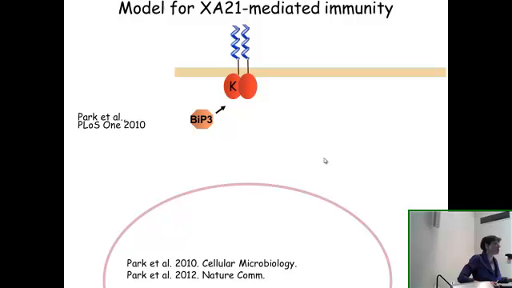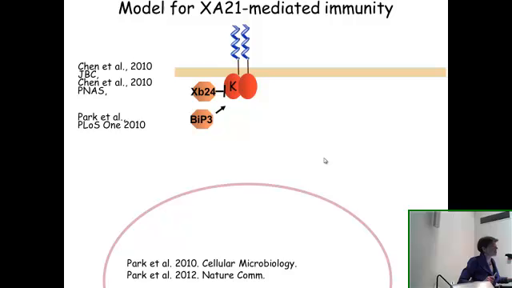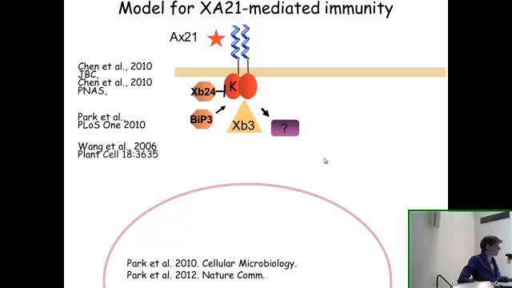XA21-associated kinase 1, which is a receptor kinase. For those of you that work in Arabidopsis, this is analogous to BAK1 in Arabidopsis that associates with FLS2. And Shui Chen in the lab showed that XA21 interacts with an ATPase called XB24. Now, XB24 promotes autophosphorylation of XA21. Autophosphorylated XA21 is inactive, so it's a little bit counterintuitive to how we normally think about the activation of kinases. When XA21 binds AX21, the in vivo interaction between XB24 and XA21 is removed, and that allows for the defense